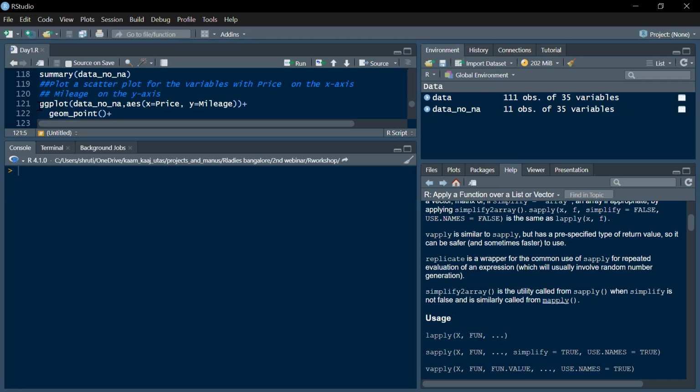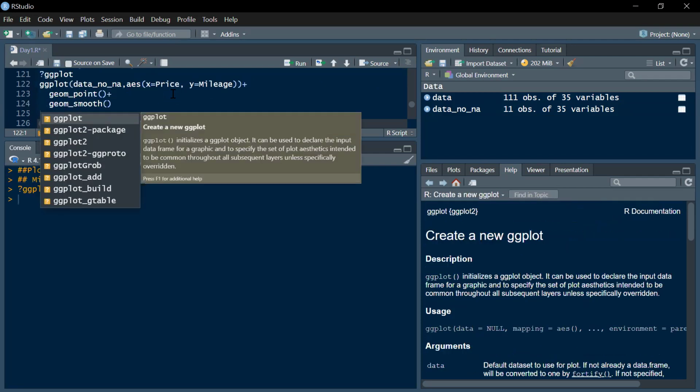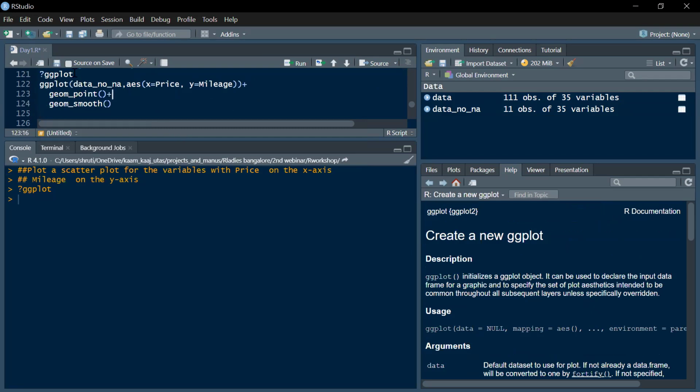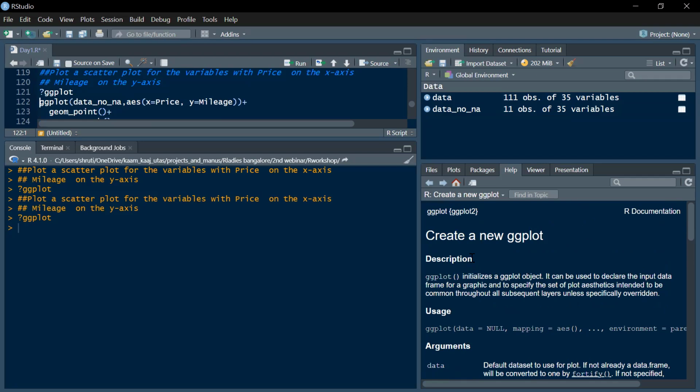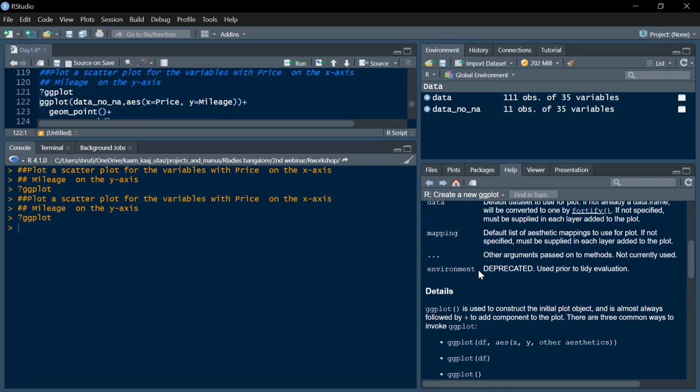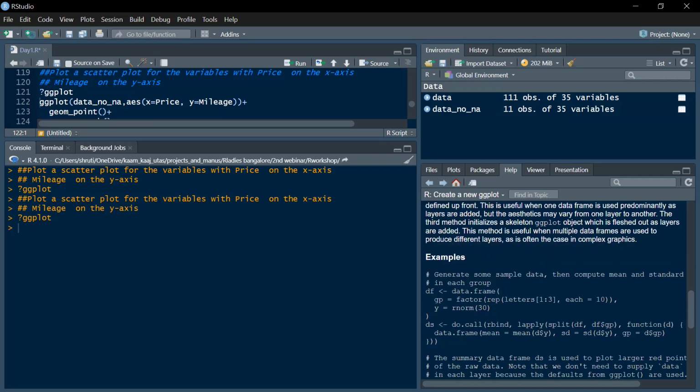So here we are calling the ggplot library. If you put a question mark, here you can see the whole package, all the details. Another is to